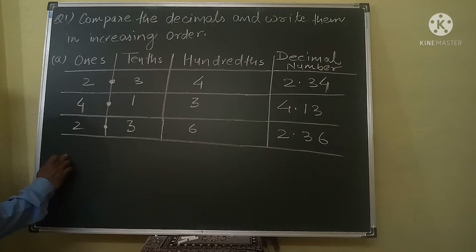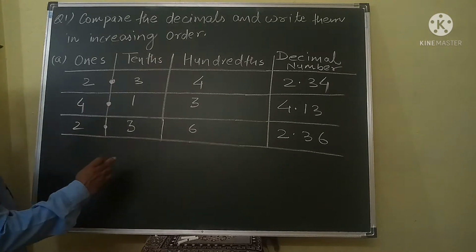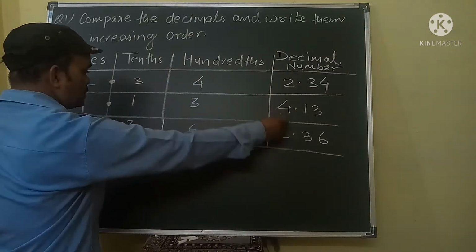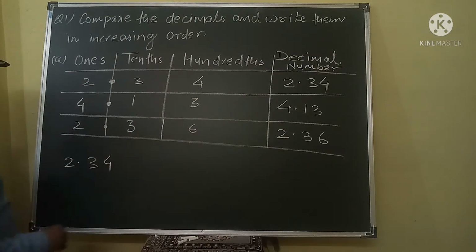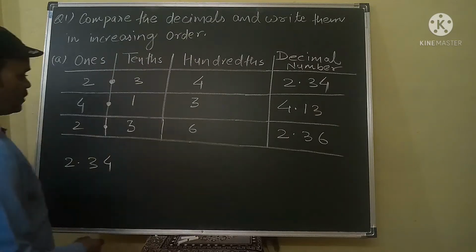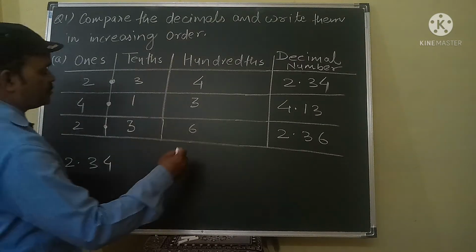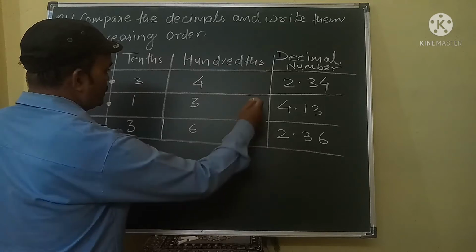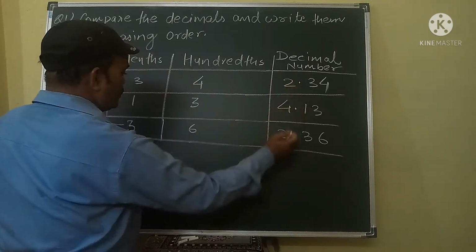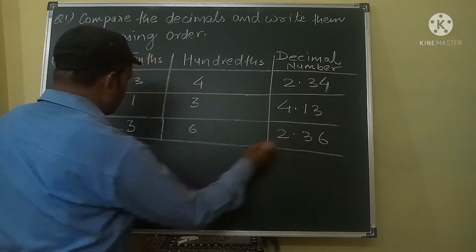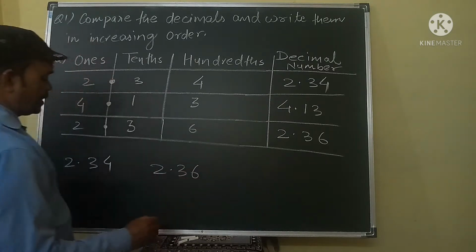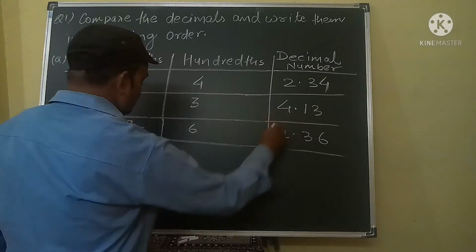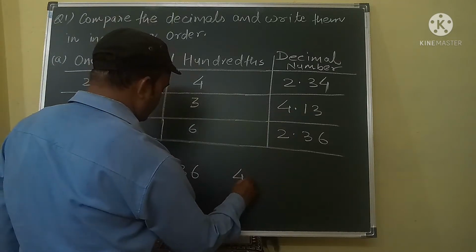So the increasing order for these decimal numbers is, this is 2.34, then after that the decimal number bigger than 2.34, that is 2.36, and then after this is